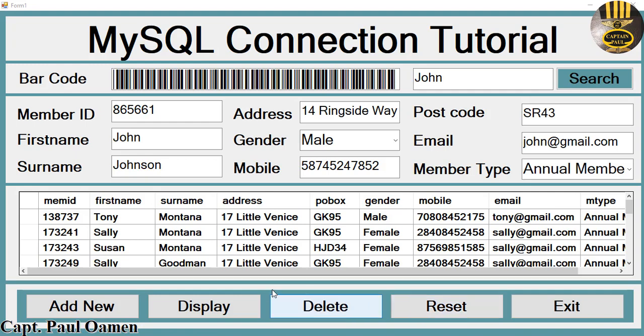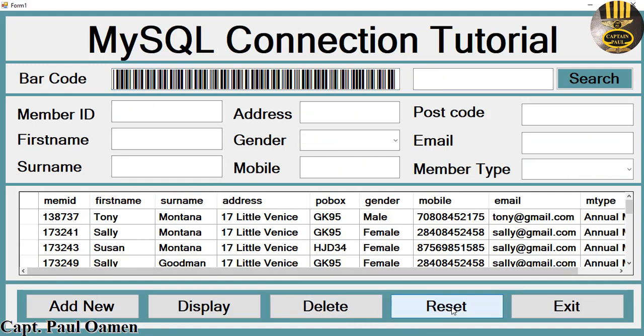So just to let you guys know what's happening here, we have barcodes, of which I'm going to show you guys how to put something like that together. And we have a search button here. Then we have the various buttons that will add more data if you want. You can click on reset, and let's assume we want to add new